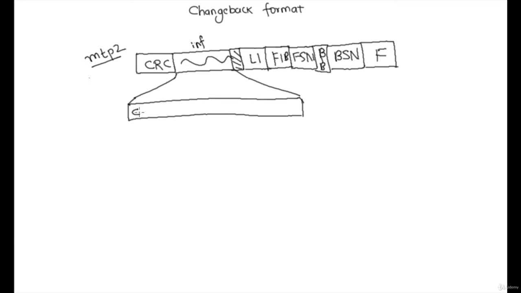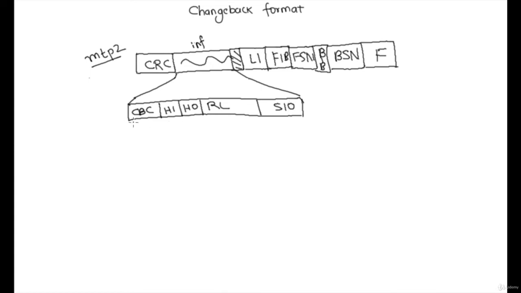The first part is CBC, which is the changeback code, then H1, then H0, then the routing label, and then the service information.